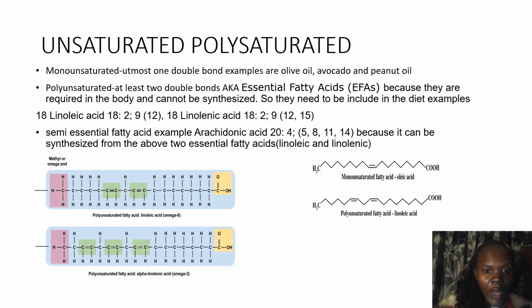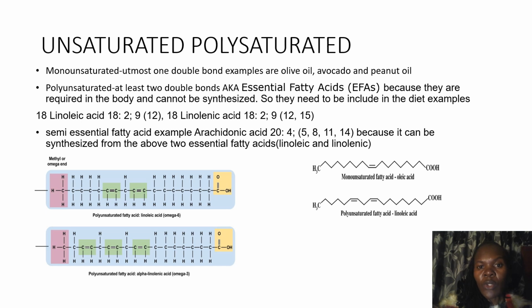So you have 1, 2, 3, 4, 5, 6, 7, 8, 9. After the 9th one, put a double bond, balance with the hydrogen. 10, 11, 12th, put a double bond between 12th and 13th. Then you balance with the hydrogen. That is linoleic. Then linolenic is also